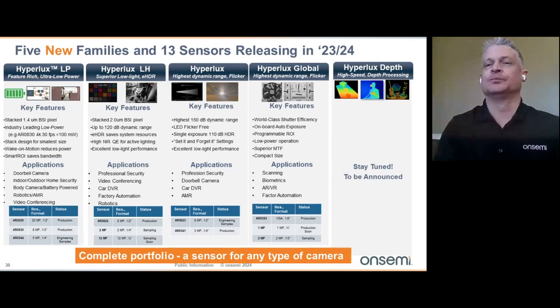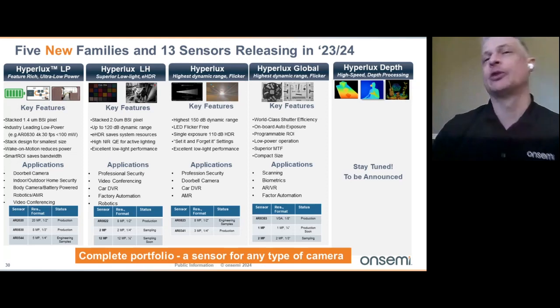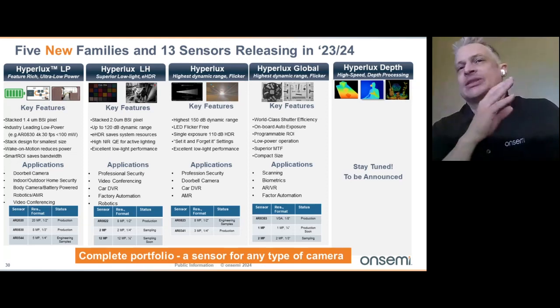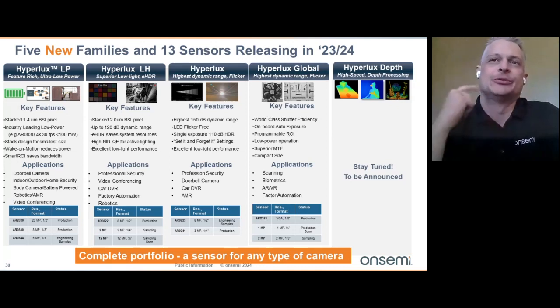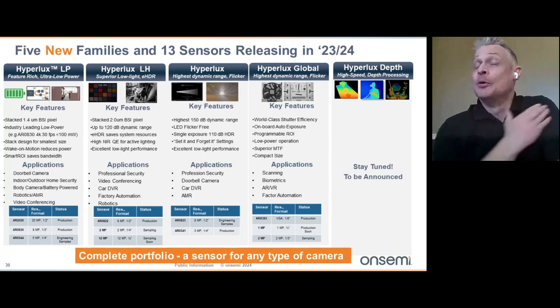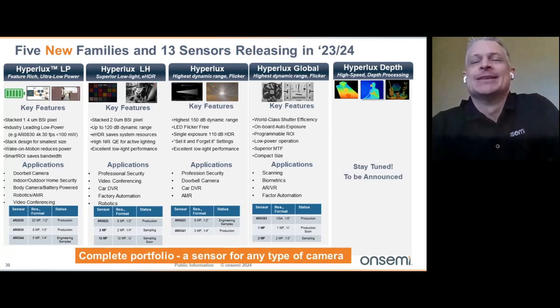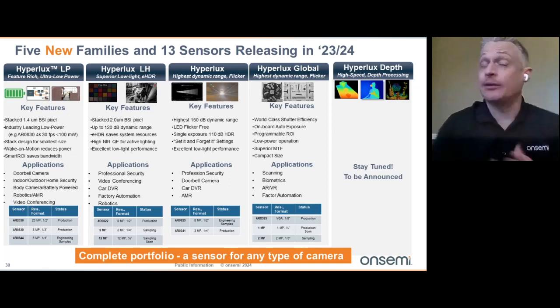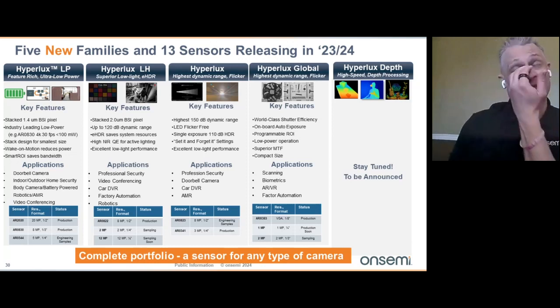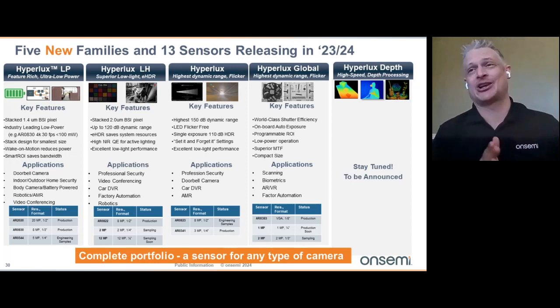All right, so on to my next slide here, which is the fact that I've showed you a lot of different techniques when it comes to dynamic range. We've talked about resolution. We've talked about optical format. We've talked about low light capabilities. We've talked about complementary functions. So the exciting time for us right now is that between 2023 and 2024, we have 13 different sensors that we're releasing,